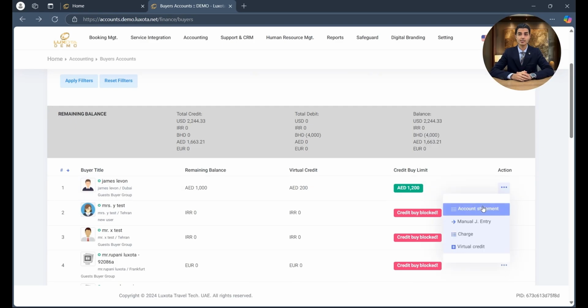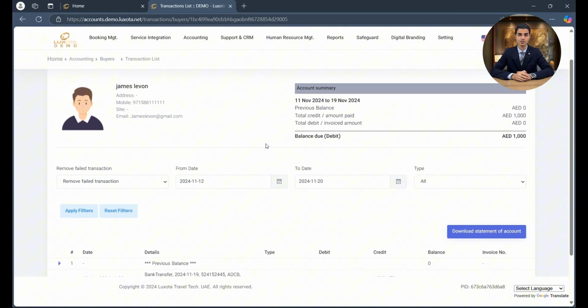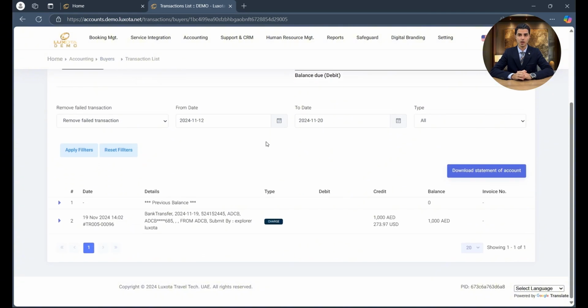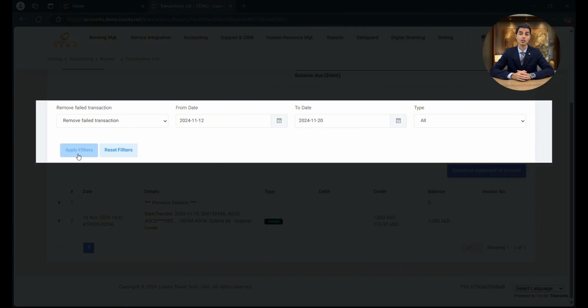Each buyer account has an account statement feature, which provides a detailed transaction history for tracking deposits, withdrawals, and purchases. Here, we can view each transaction by date, payment type, and reference number. Filters allow us to search by specific dates, transaction types, or amounts, which is useful if a buyer has a